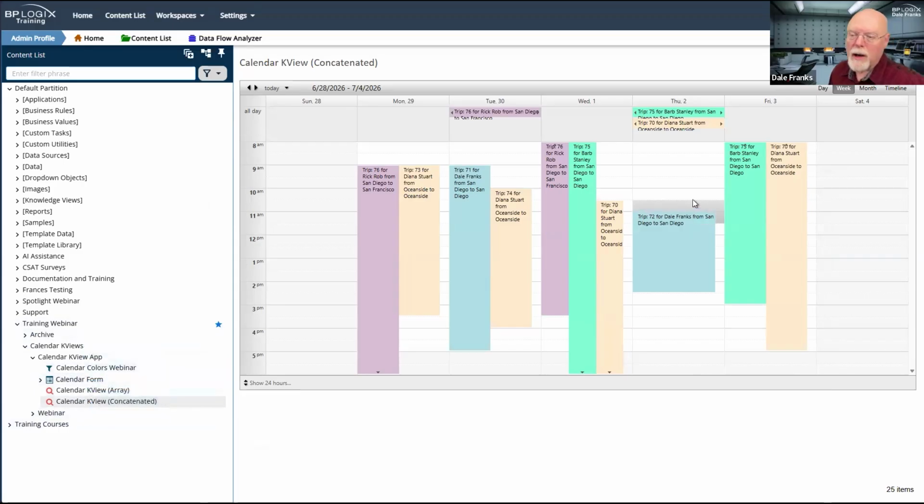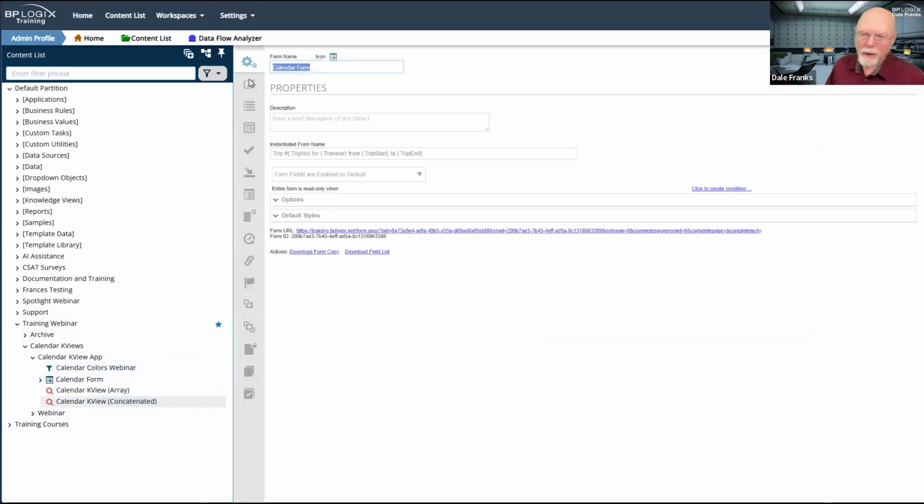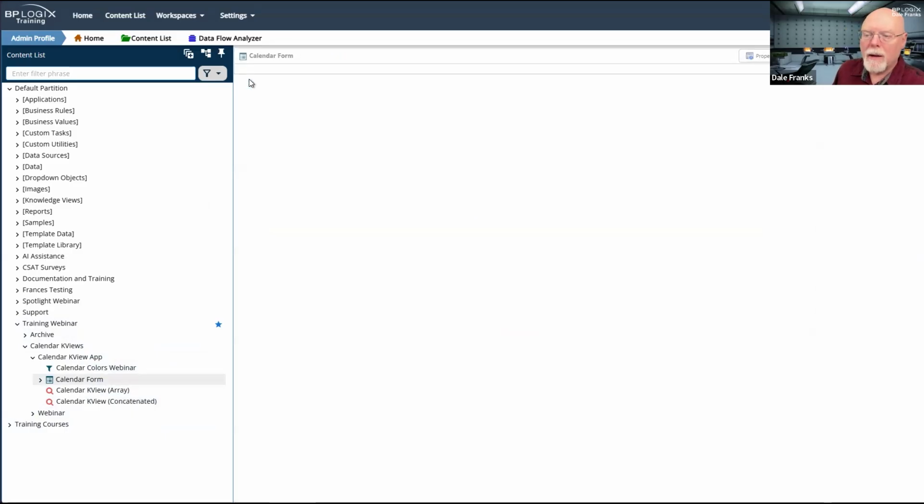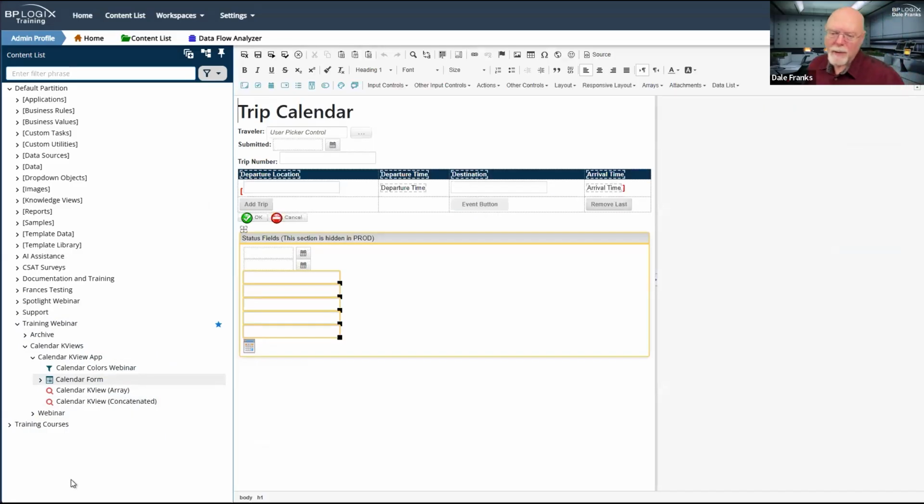So let's go to our calendar form and look at what we've done. The first thing I want to point out is that I'm using an array on this form. There are really only two ways that you can implement the calendar array functionality.